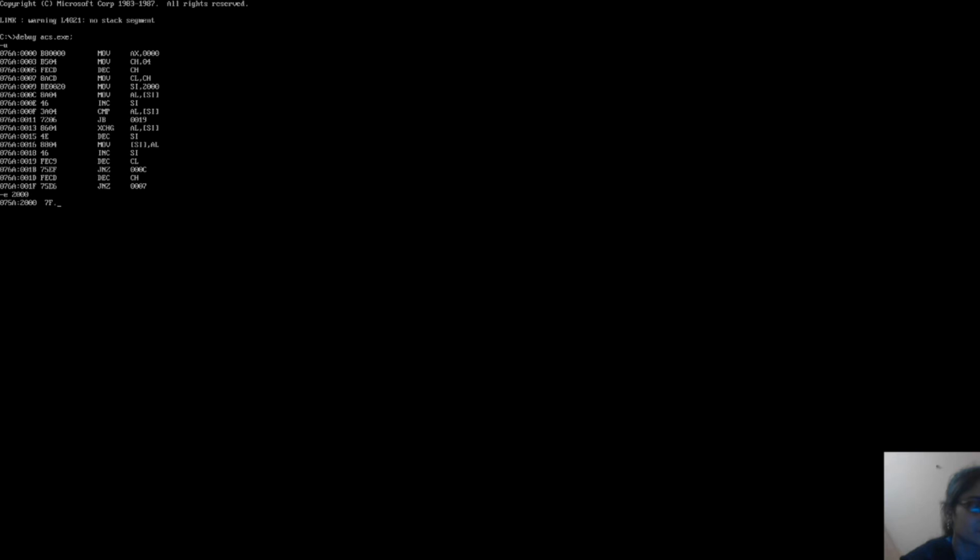Now I am at location 2000, which is filled with 7F. Now I am entering my data 22. For the next entries, I am pressing space bar 11, space bar 44, space bar 33. So I am filling this location with random numbers.